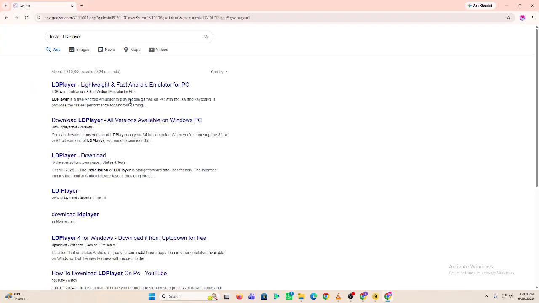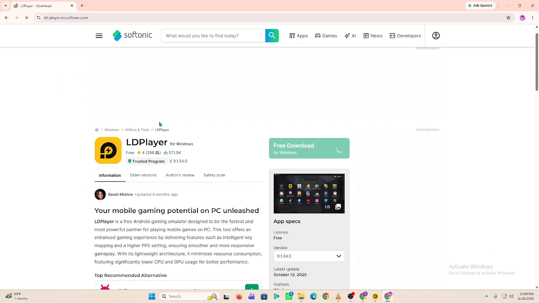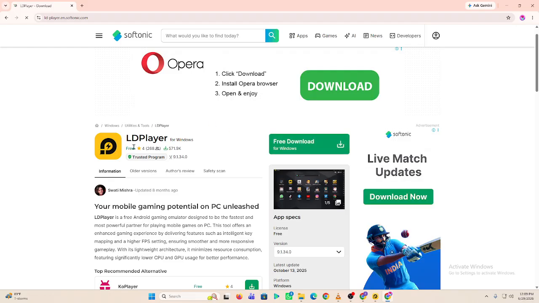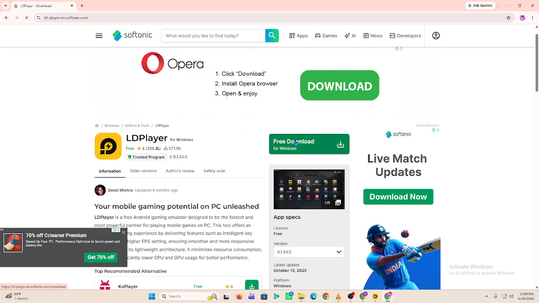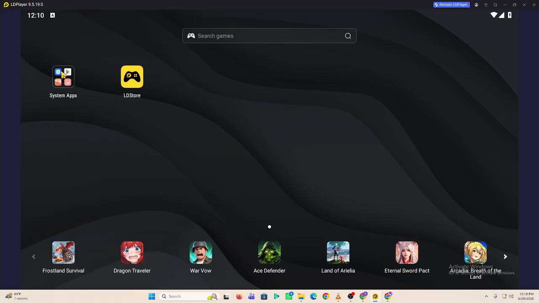Make sure you download it only from the official source to avoid unsafe or modified files. Next, click the download button on the home page. The installer file will start downloading to your computer. Once the download is complete, locate the setup file in your Downloads folder and double-click it to start the installation